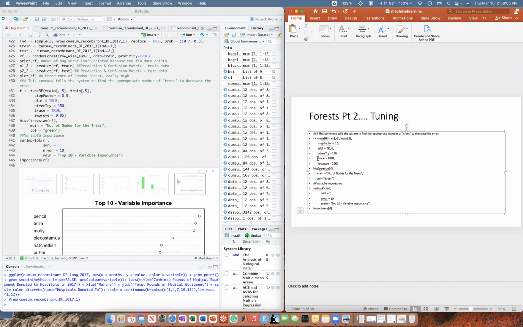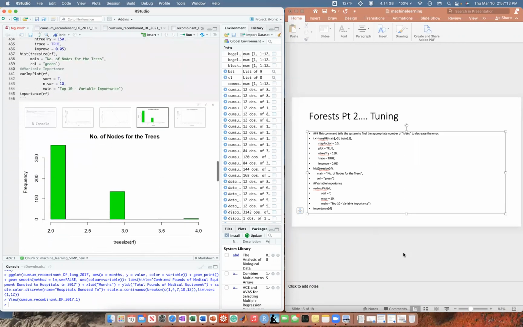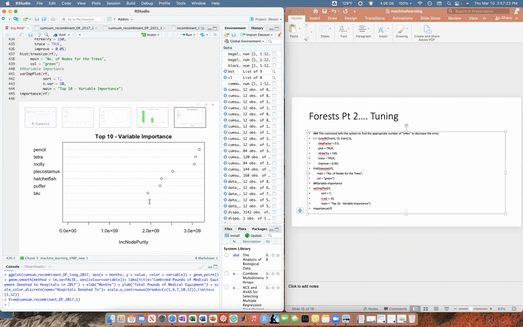It tells the machine to take a look at the training data and retrain the trees, and it's called pruning the trees. I think the best thing I call it is not tuning, but pruning. You're cutting the branches that are inconsequential. Honestly, that's not terribly important. This just tells us how many trees have 2 branches, 3, and a couple have 4. The higher the branches, usually the better for a model. And it generates another VIMP.